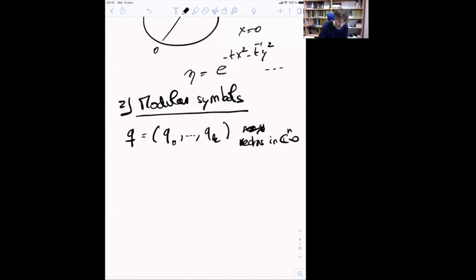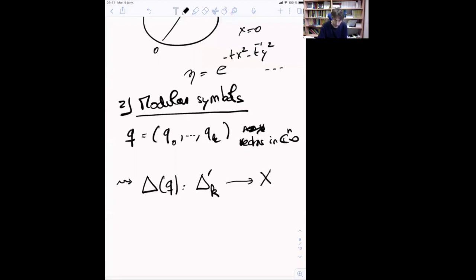And from this, I will associate a map from the standard K simplex, except that I will consider the barycentric subdivision of the standard K simplex,